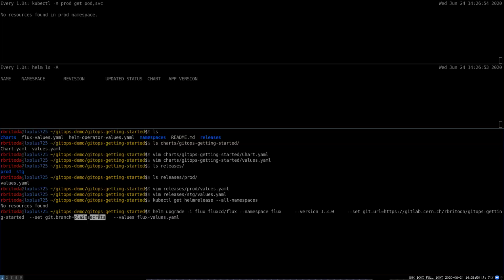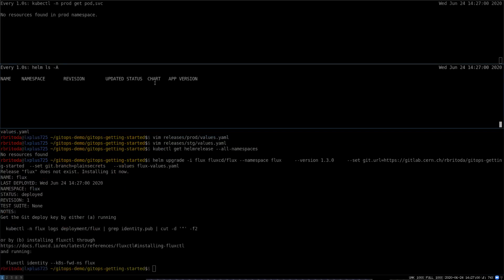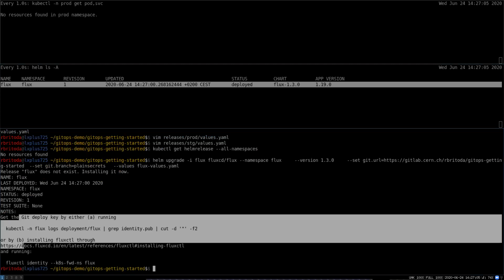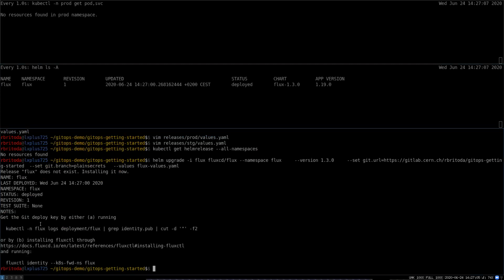Optionally, you can define a branch. In this case, for the demo, I am doing it. So let's just deploy it. And once it's deployed, it should show up in our cluster here. So we have it. Again, it gives you some nice information on how to interact with it, but also it gives